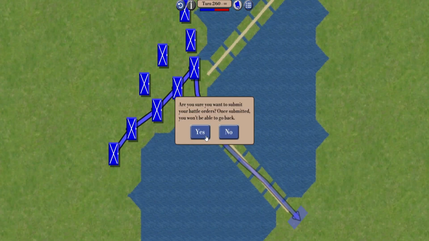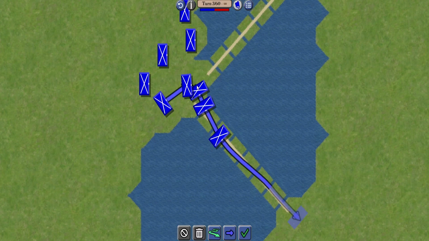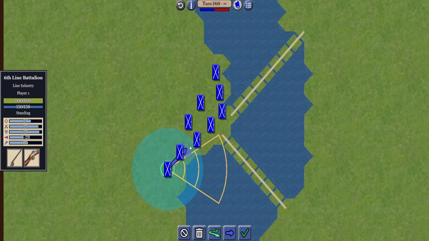Now when I end my turn, they should automatically get into a column, not directly following the first unit, but actually moving in its path. So if your first unit hadn't walked into the water, then neither will any of the last units as well. This is even more useful when you don't have them lined up in a line, unlike last time. So for example, if I just take all of these troops, and if I wanted all of them to cross